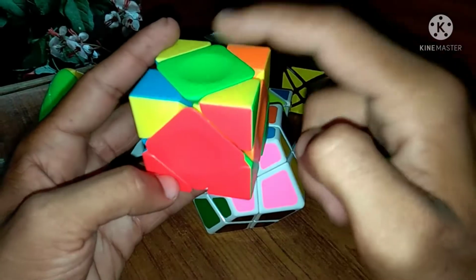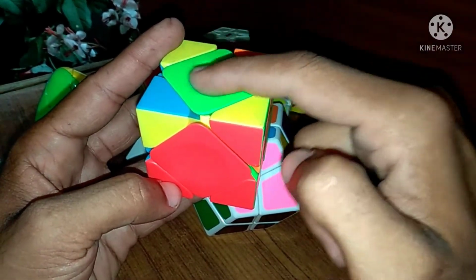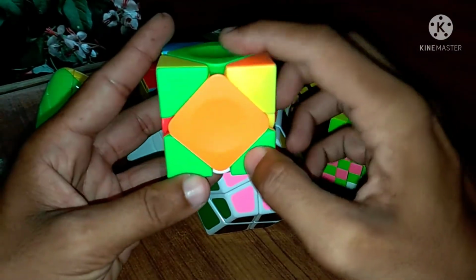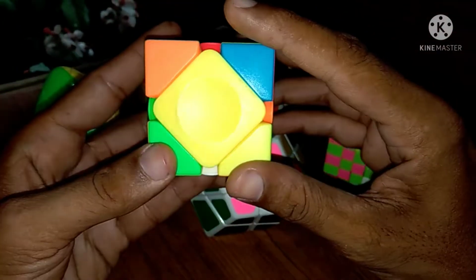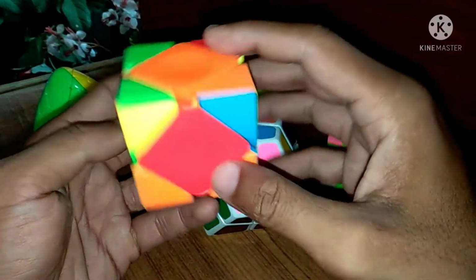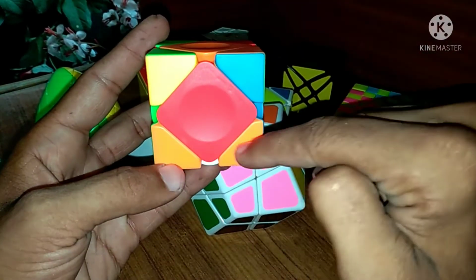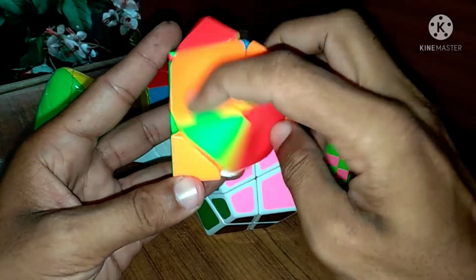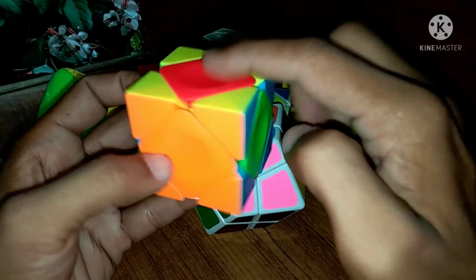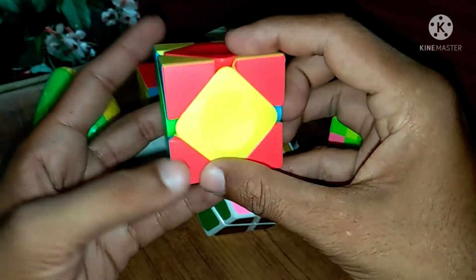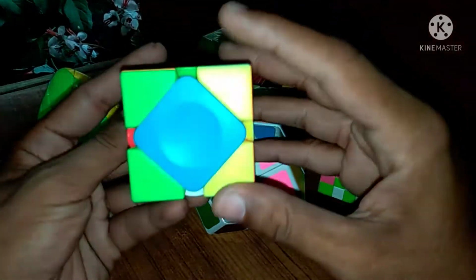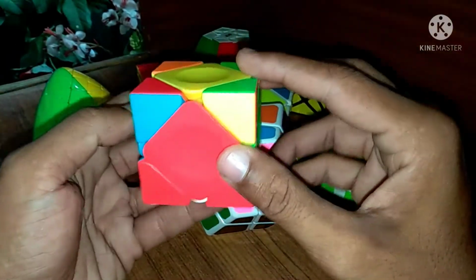This is fixed, and now we have green on our top side, so we find green on our front side and again apply down, down, up, up. This is fixed. Now we have orange, so we find the orange pair and apply down, down, up, up. Orange is fixed. Now we have red, and we find our red pair and apply down, down, up, up.